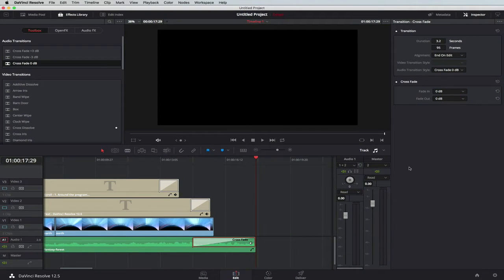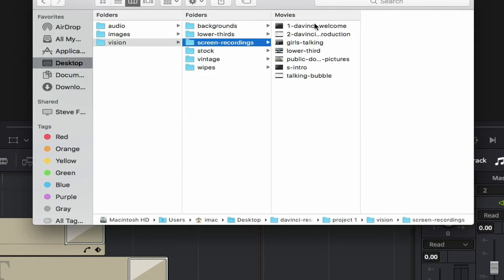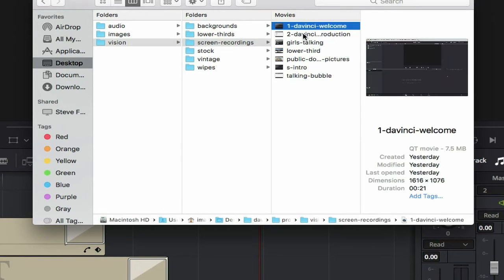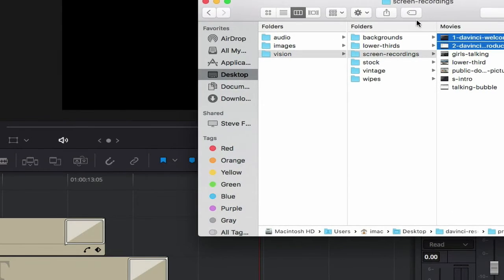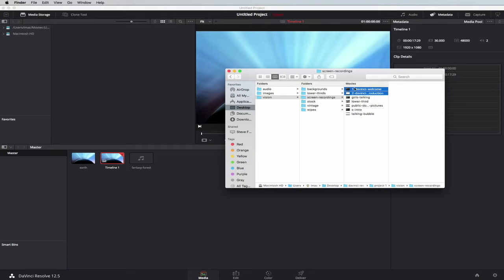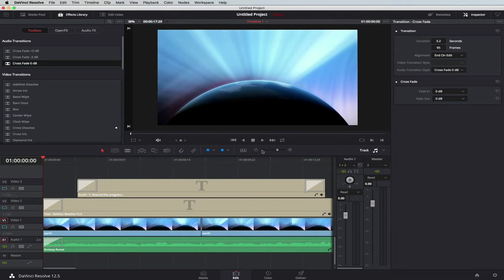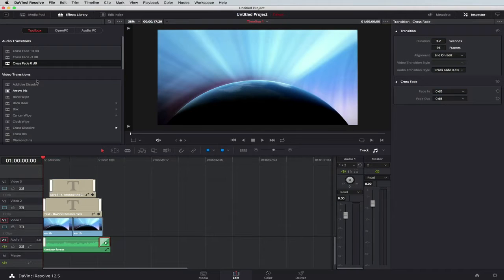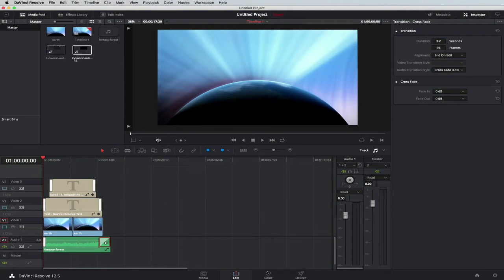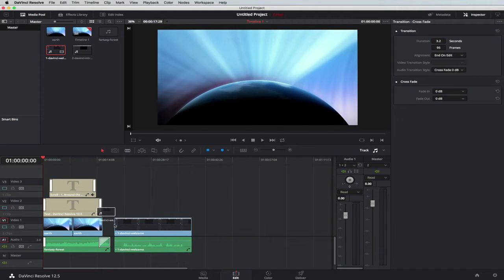Now what we're going to do is import those two particular files. So just go to the vision, go to the screen recordings, and we'll import both of these. What I'll do first is just head on over to the media bin and drag them in. Okay. Now we'll just reduce the timeline, click the media pool up here, drag this one down first of all,